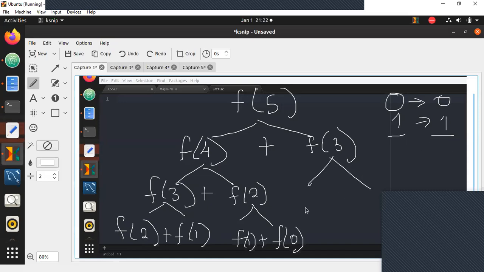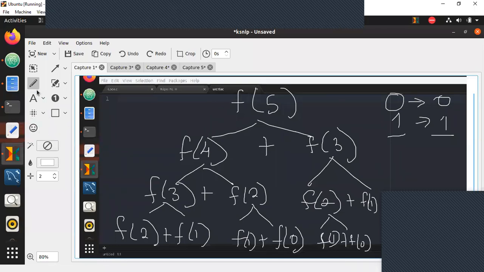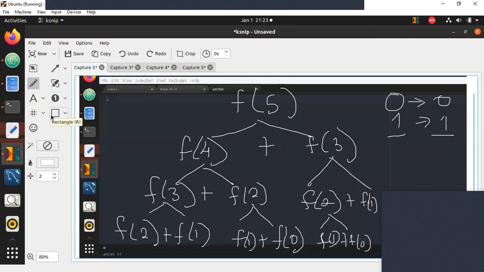So Fibonacci of 3 again is Fibonacci of 2 plus Fibonacci of 1. Fibonacci of 2 will again be Fibonacci of 1 plus Fibonacci of 0. So 1 and 0 we have, the rest we don't have, so we need to keep on calculating like this. Now let me ask you one very simple question. How many times are we calculating Fibonacci of 3?